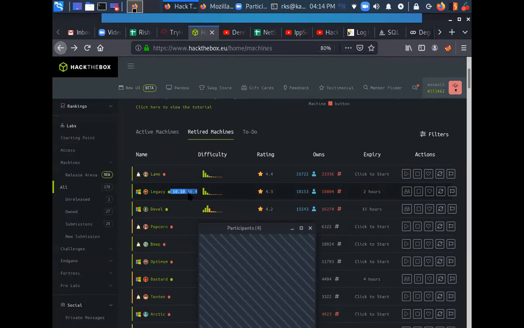Deploy the machine in your lab environment, do an Nmap scan, do an automated vulnerability scan using Nmap. You will find a vulnerability there. Search for that vulnerability. It's a very well-known vulnerability. Search that vulnerability in the Metasploit framework, set the exploit, configure the exploit, modify it, and run it, and you will get a shell back. Read the flags, user flag and the root flag, submit it here, and you are done with this machine.